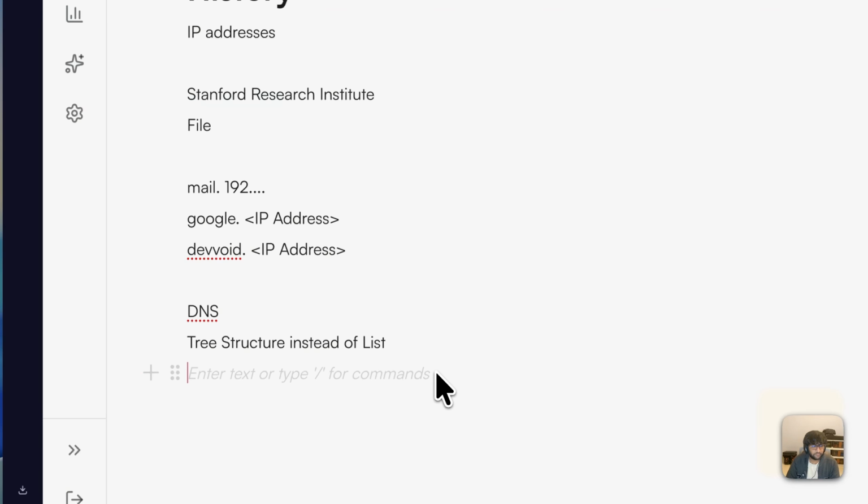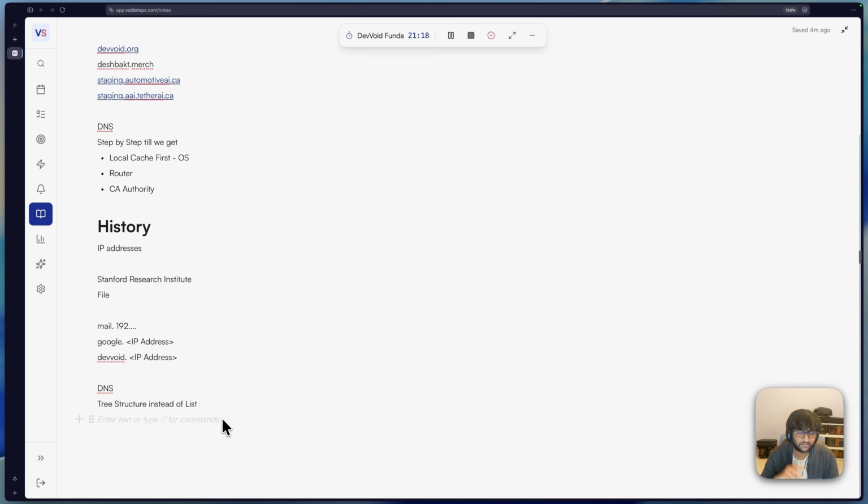So yeah, I think as I was saying, basically DNS was previously a list, and now it became, well, the mapping was a list, and then DNS was invented, which